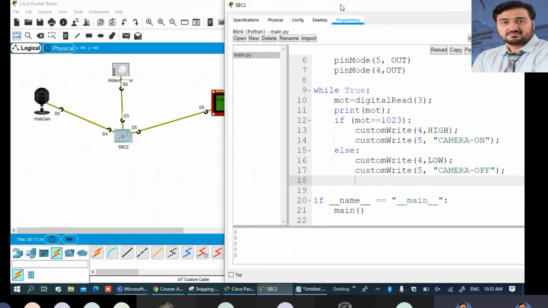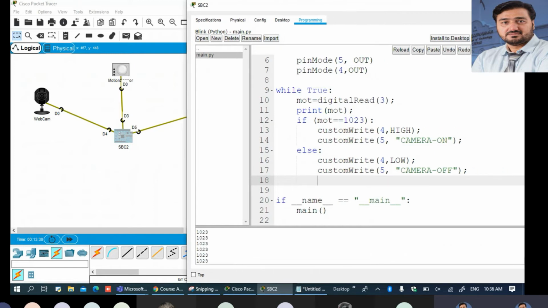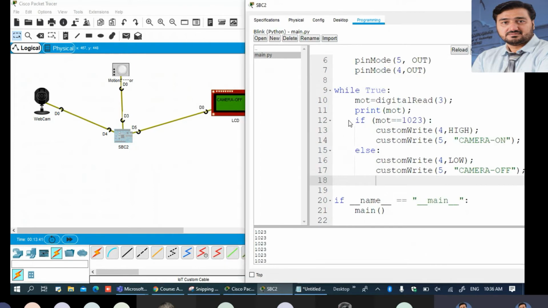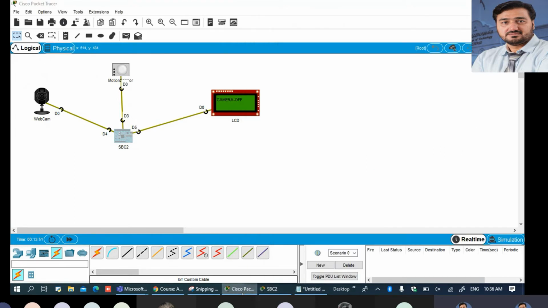So this is a simple program. Now we need to expand. How can we expand? See here, the value also changes. So how can we expand our program? Now we need to add the push button, and we need to add it based on this topology. If you see now, I think we don't have it. So we need to add a push button.